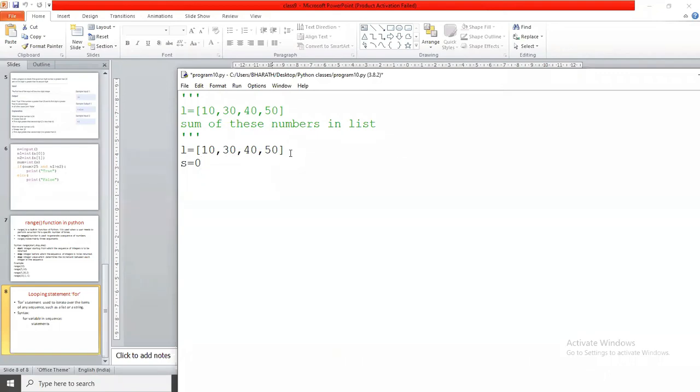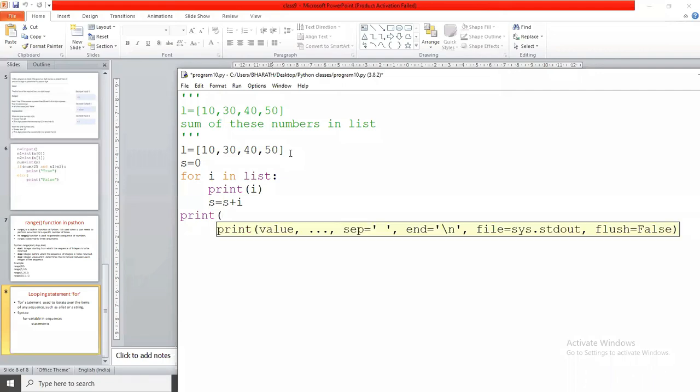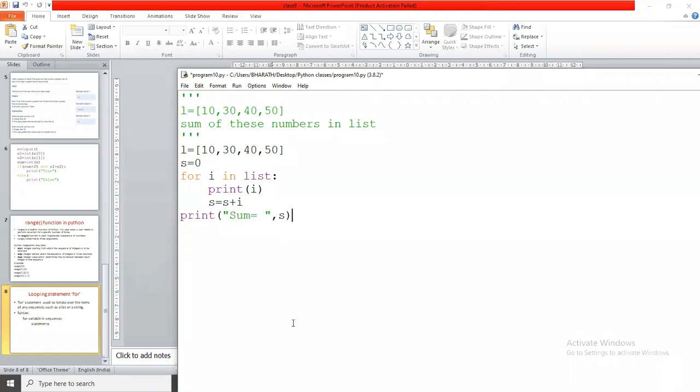Now s equals 0 and I'm going to iterate like for i in list, and print the i value. Then to find the sum, s equals s plus i. That's it. At the end of the program, I'm going to print sum equals s.